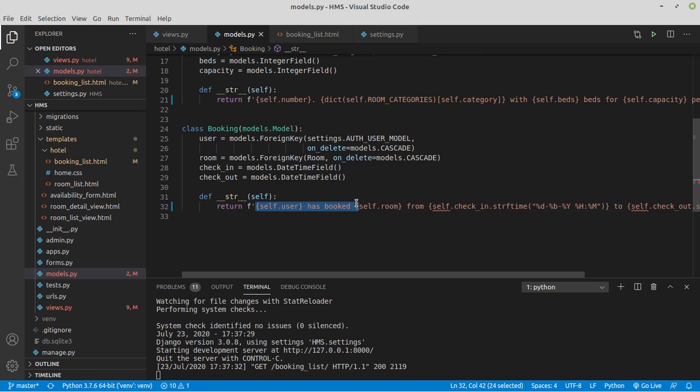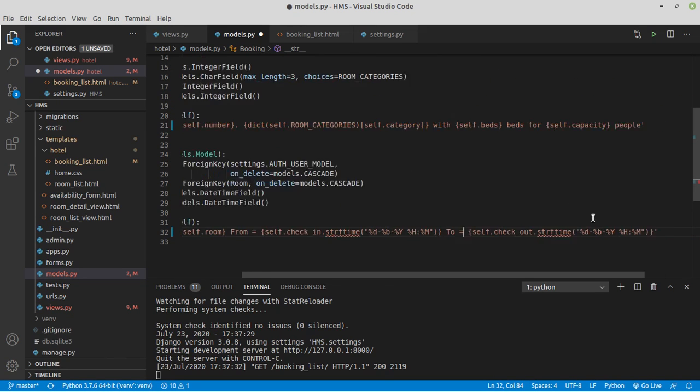So we will remove this user, the user so and so person has booked something, and also it's quite verbose, so I'll remove this. From and to will remain. I think we will do something like from equals and to equals,